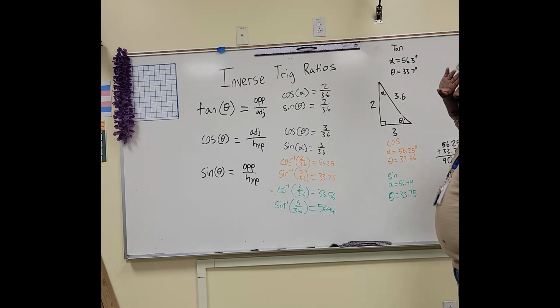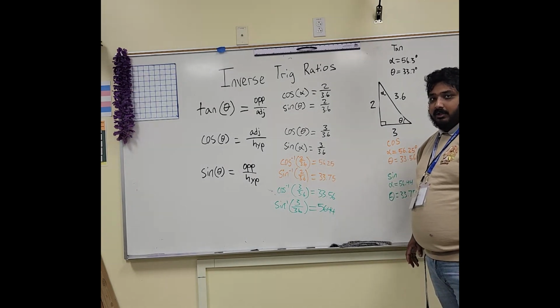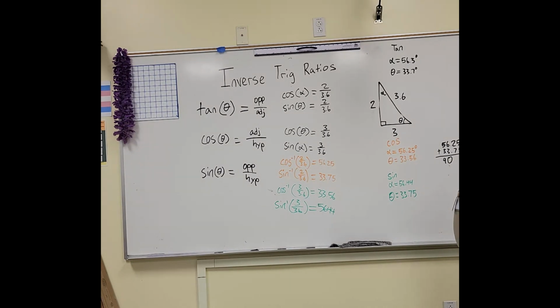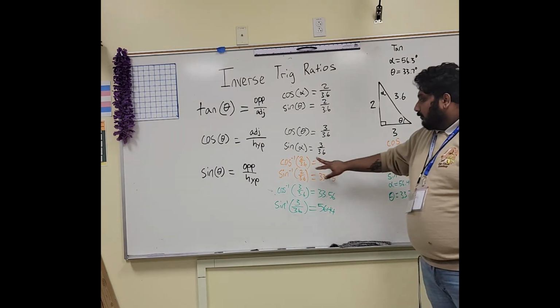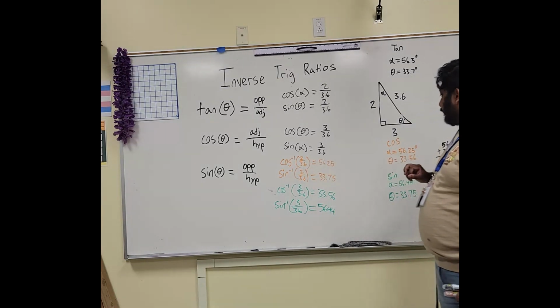So that creates a connection between them already. So there's some interesting connections over here. When you start to solve for missing angles, you want to maybe keep that in mind. Maybe you should try using the same ratio, but just use different inverse functions to solve, and you'll see that